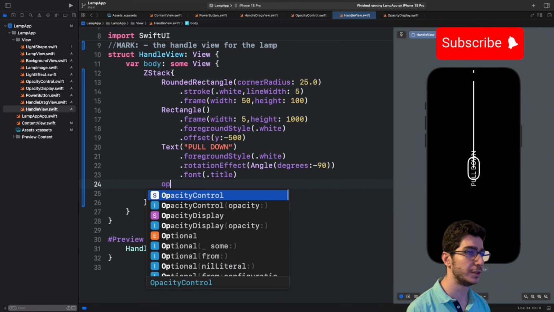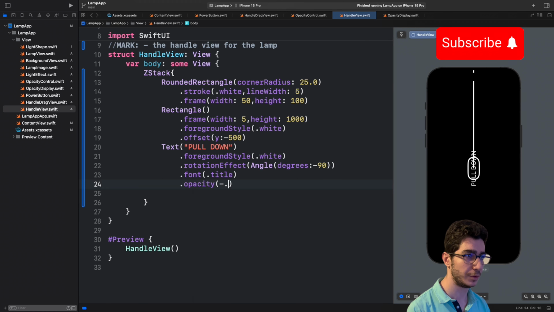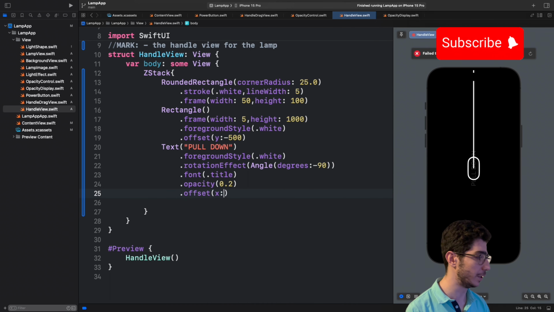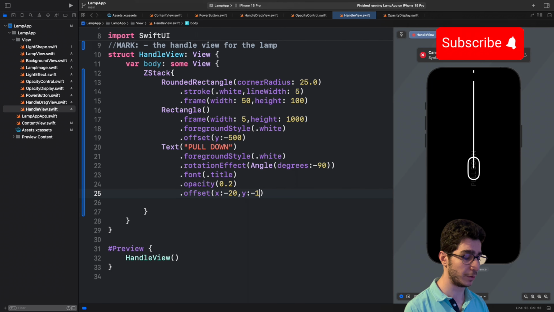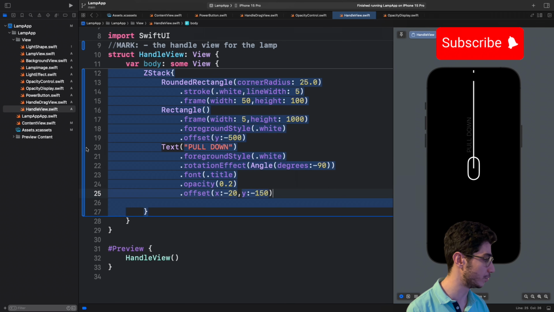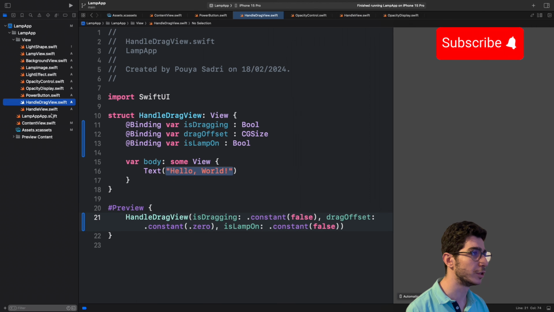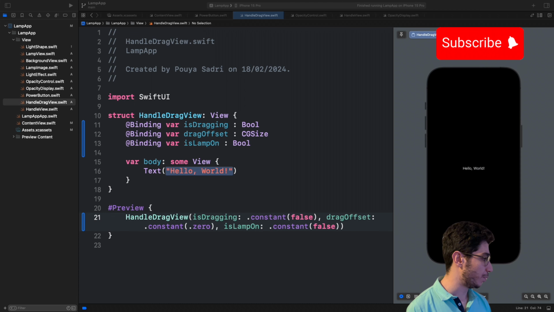And then we have the opacity of 0.2, and then we have the offset. For the X we have to pass minus 20, and for the Y we have to pass minus 150. Yep, good to go, and yep, that's it. So this is our handle view. So let me just do the handle drag view,